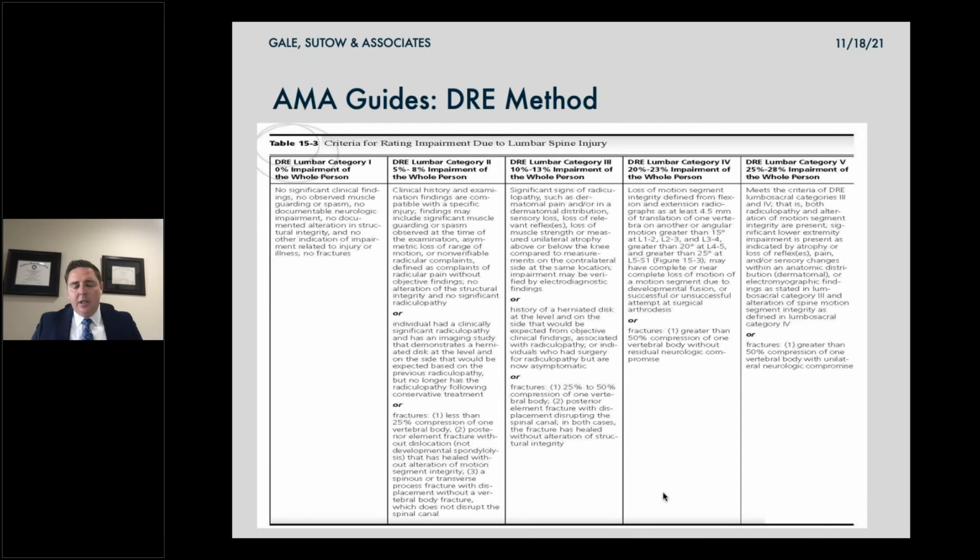So here's the DRE method. I think for this, the important part is, we spend most of our time litigating between DRE 2 and DRE 3. Look for that verified radiculopathy. Look for that EMG NCV. If it's not conducted, probably should be in a DRE 2. Look at the review of the MRI. Is there herniation? If there's herniation, you're probably going to be in the DRE 3. These are issues that are highly litigated.